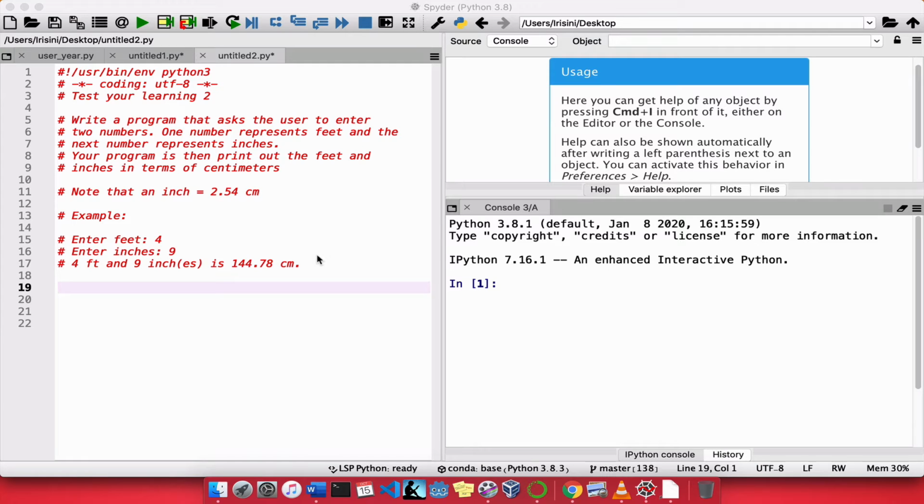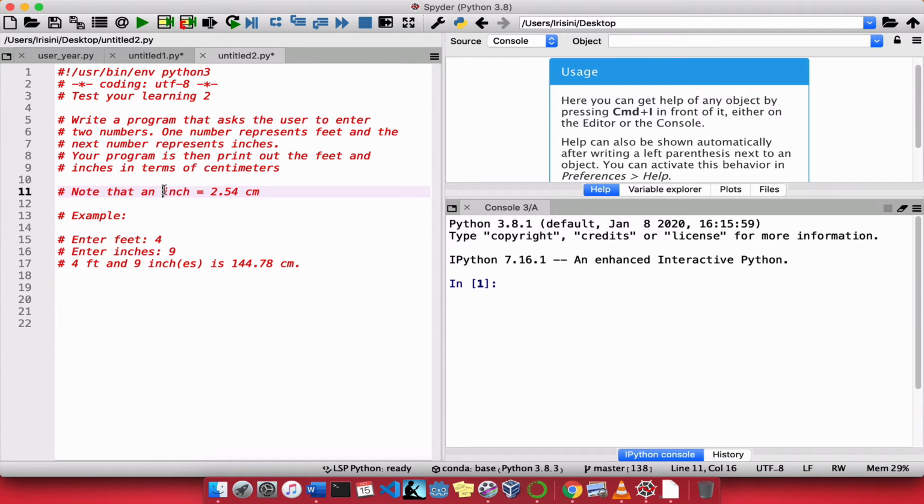In this second test you're learning, we want to write a program that asks the user to enter two numbers. One of those numbers will represent feet and the other number will represent inches. What we want to do is to take the feet and inches and represent what those are in terms of centimeters. The only thing we need to consider is that 1 inch is equivalent to 2.54